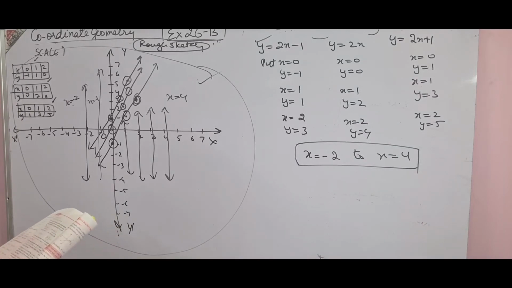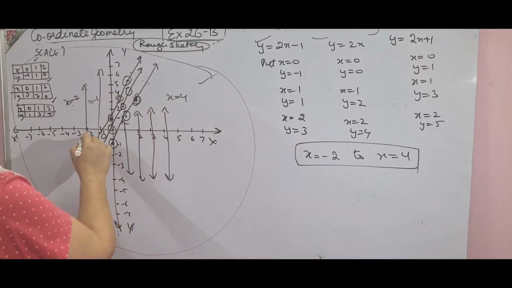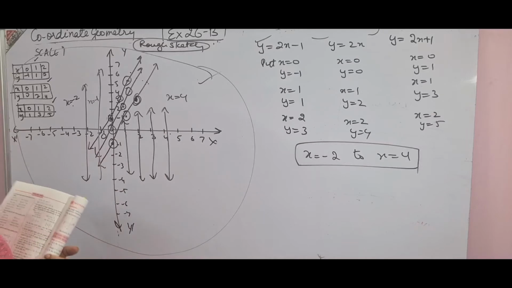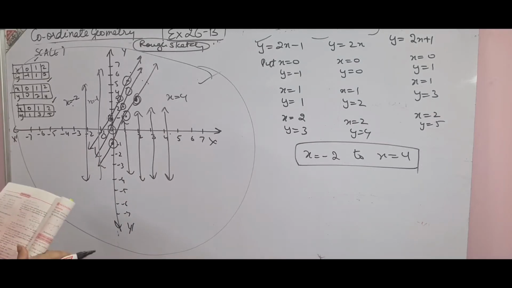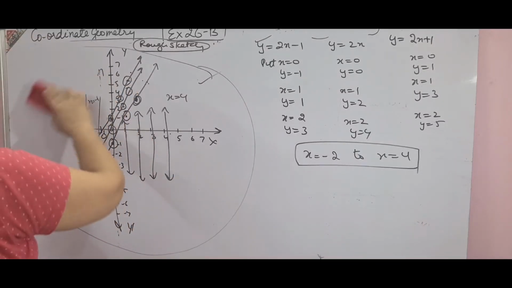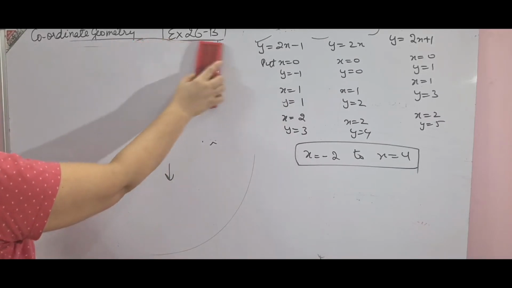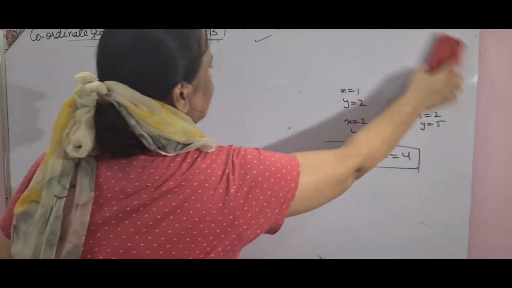They have asked, are the graphs or the lines not parallel to each other? Yes, they are parallel to each other, because see, these 3 equations do not cut anywhere. And of course the lines from minus 2 to 4, naturally they are parallel too, because they all lie parallel to the y-axis. So I hope I am clear. This is one of the important and different types of sum which is not in 27. So I have explained it to you, and now I hope you have understood how to plot the graphs.